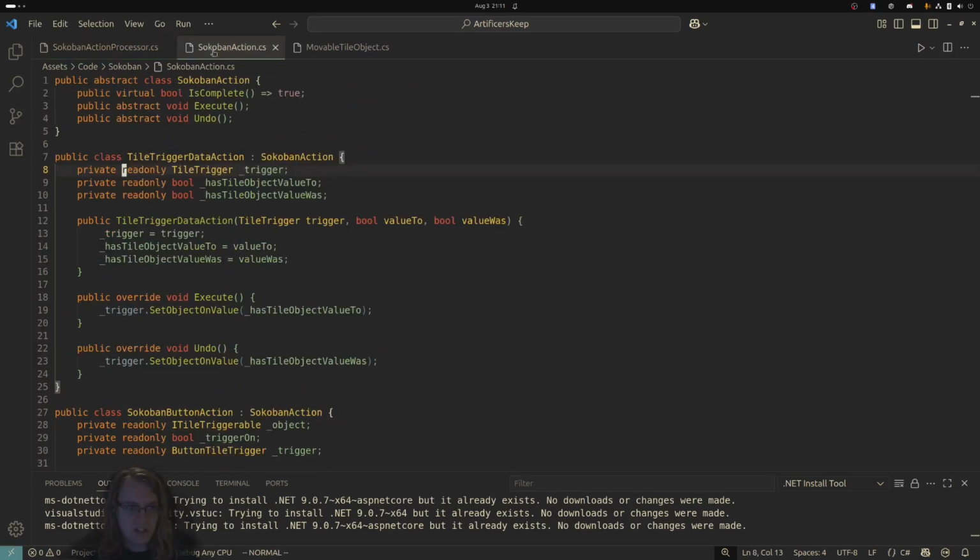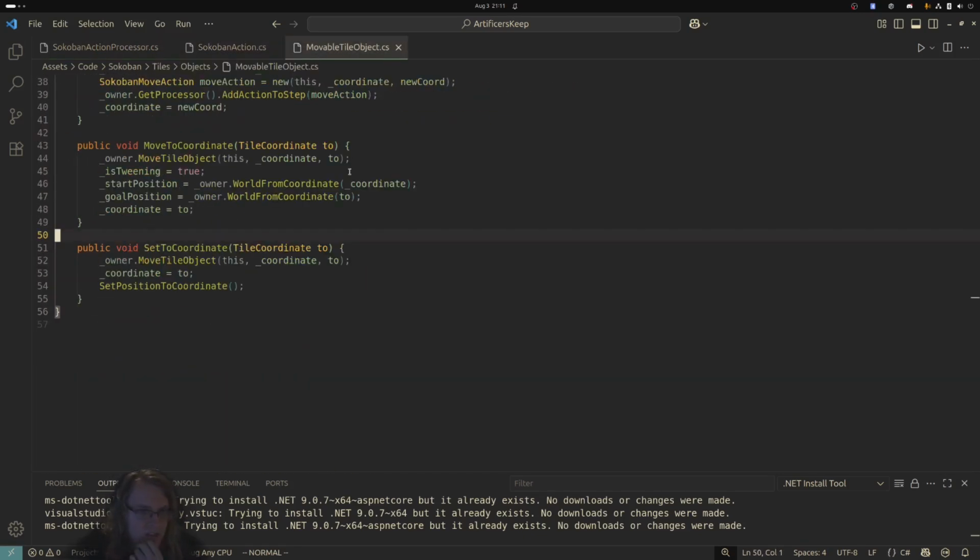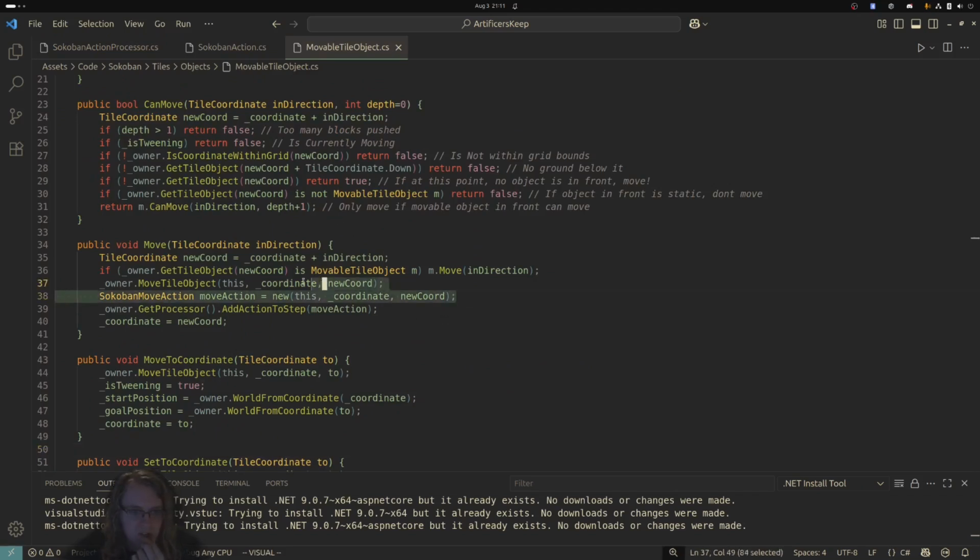And once I set up these actions, all I am doing is, for example, in the move function here, I create a new move action and I throw it into the processor. And that is how everything that does anything significant will do what it's trying to do in my game. That'll make it so not only can I easily undo things, but for example, if for some reason I couldn't restart the scene from where they were, right? If there was something that is unreversible that happens in the scene,